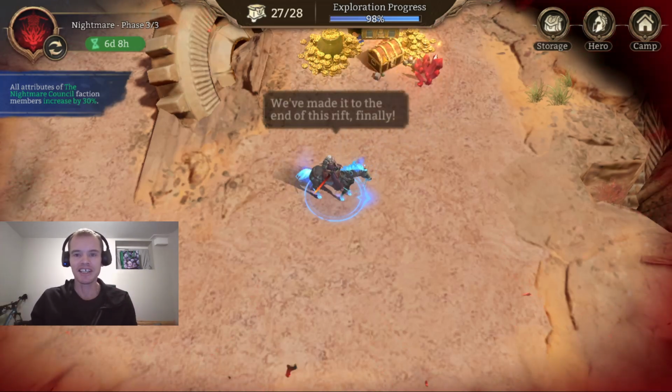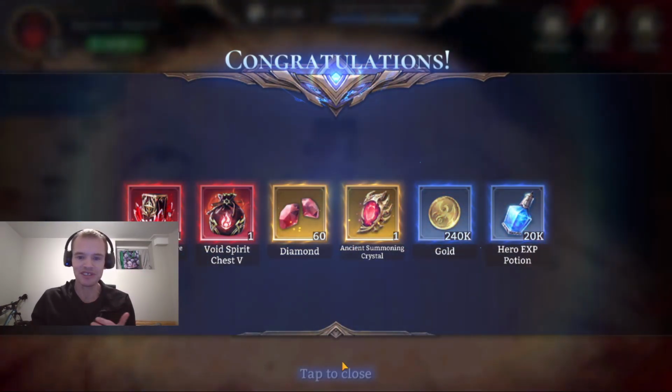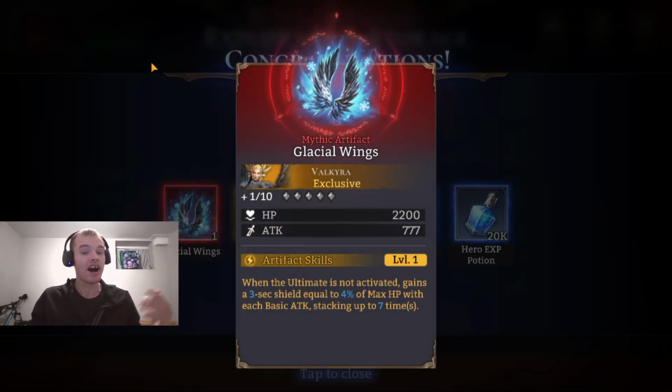We'll see what the last loot is that I get here. Maybe I get a nice exclusive artifact. Who knows? Okay, we're going to open it together, and then we'll open up our two ancient summon shards that I have. Glacial Wings. Who is Glacial Wings? I have this hero. When the ultimate is not activated, she gains 3-second shield equal to...